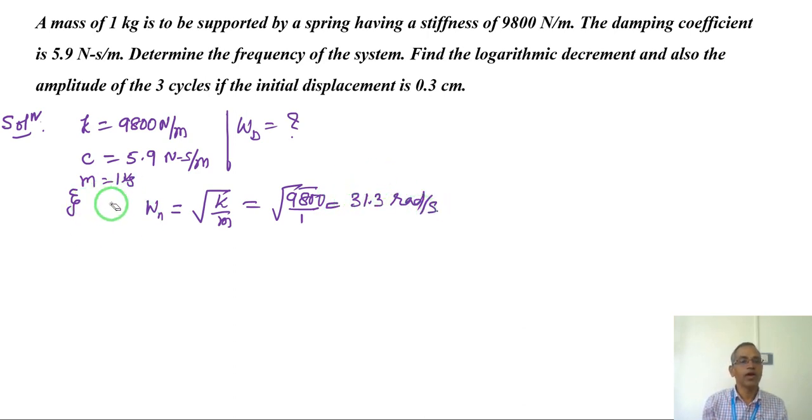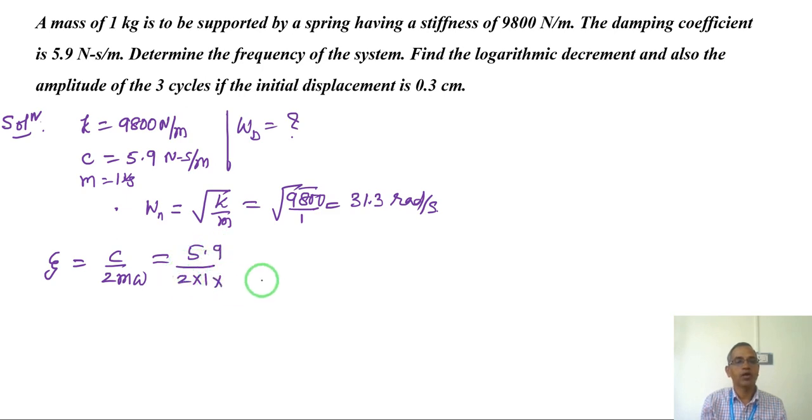Now I need to find out the damping ratio xi, which is C by 2m omega, because C by C_cr is the damping ratio. So C is given to me, which is 5.9 by 2 into 1 into omega, which is 31.3, gives me